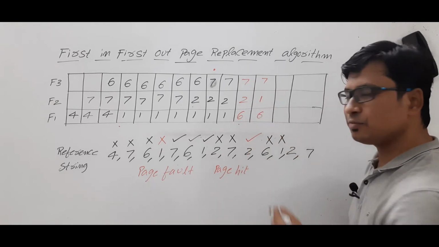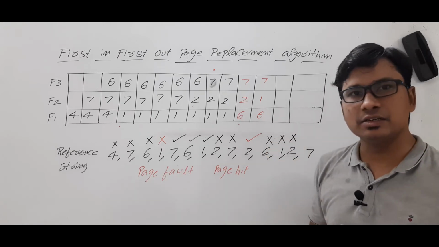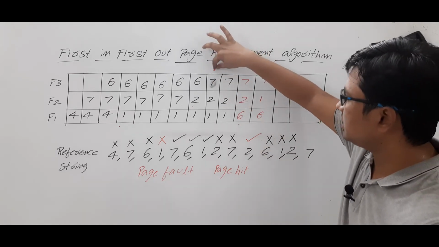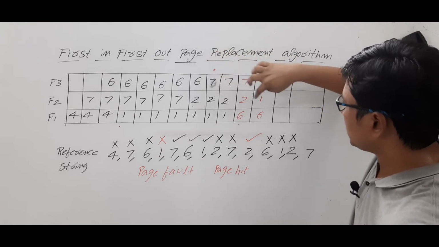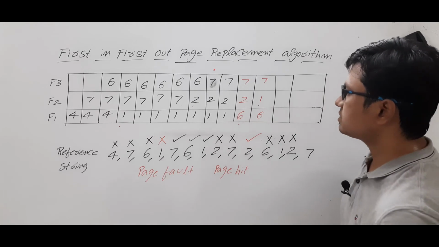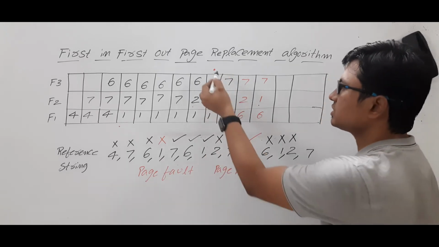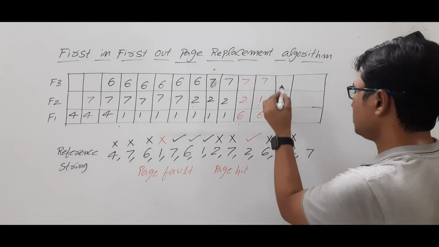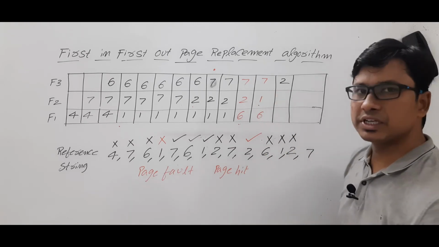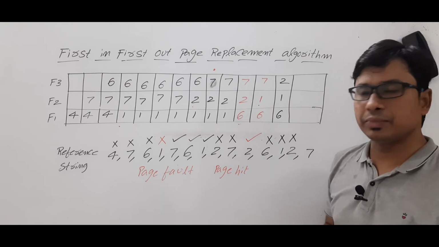Now immediately CPU is trying to access the page number 2 which is not available. Again it is a page fault. So we have to find the victim page. 7 is in here, okay. Currently 1, 7 is there, 1 is in here only, okay. 6 is in here, and 7 is in here. So which was in first? 7. That is the victim page. So you have to remove the 7 and you have to insert the page number 2, and currently you have page number 6, page number 1 and page number 2.